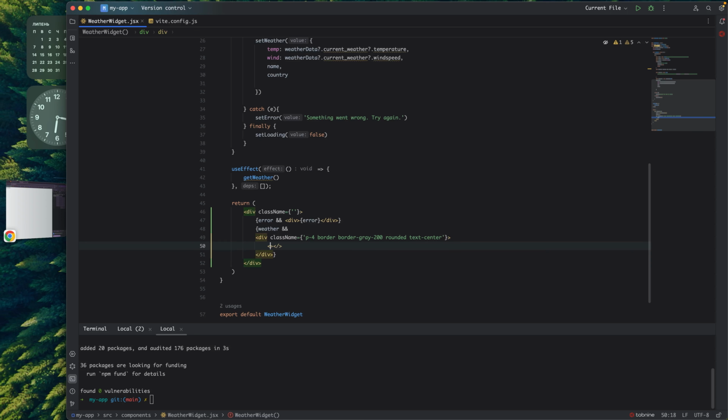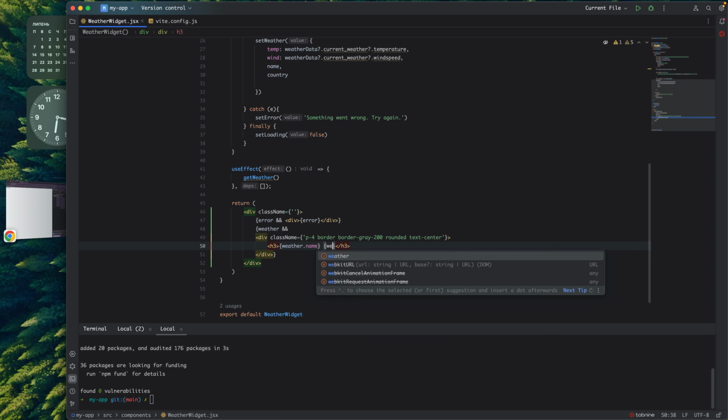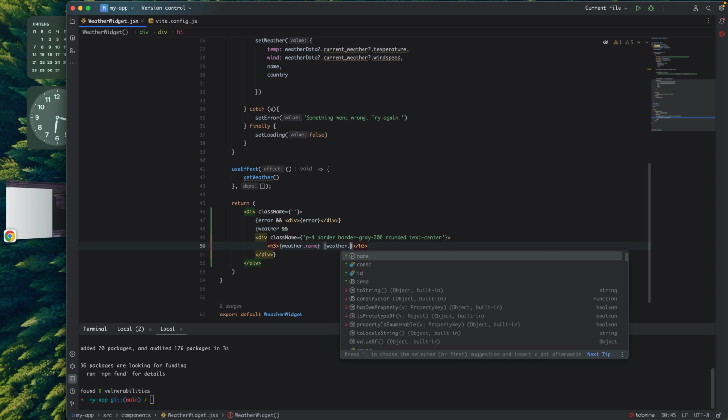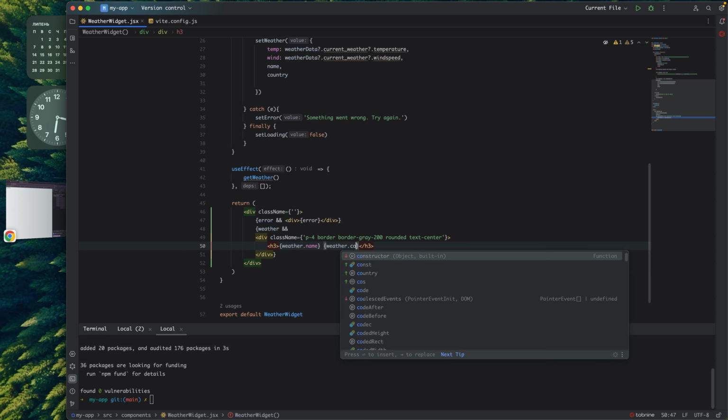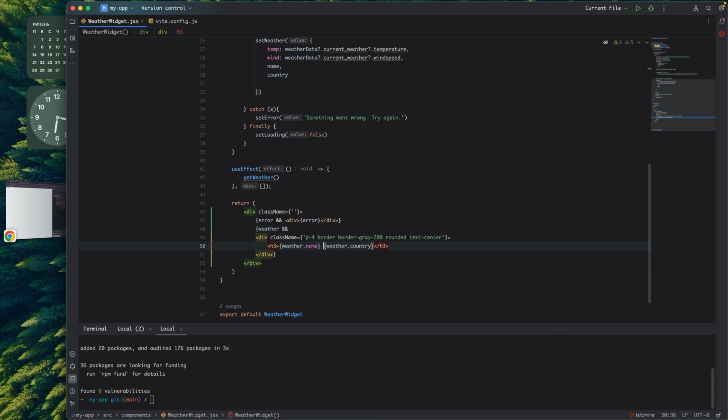Add some title, yeah, for example h3. It will be weather name and weather country, yeah. Oh, country, yeah, like this. Very good. Text, let's also add class names, yeah. Class name,